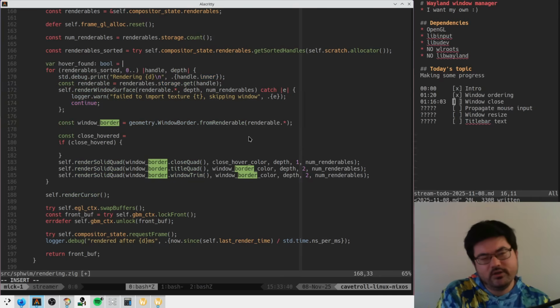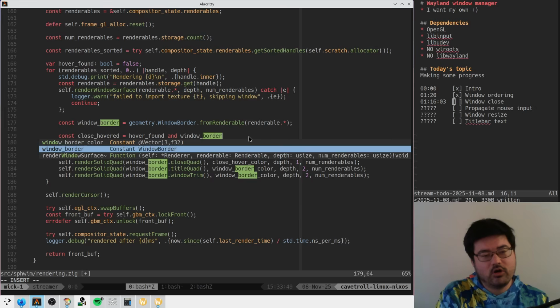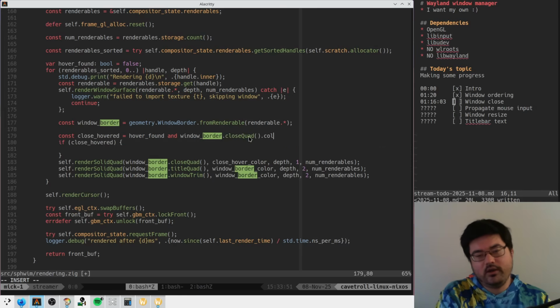So you can do something like this. And then we can say close hovered is equal to hover found and window border close quad contains